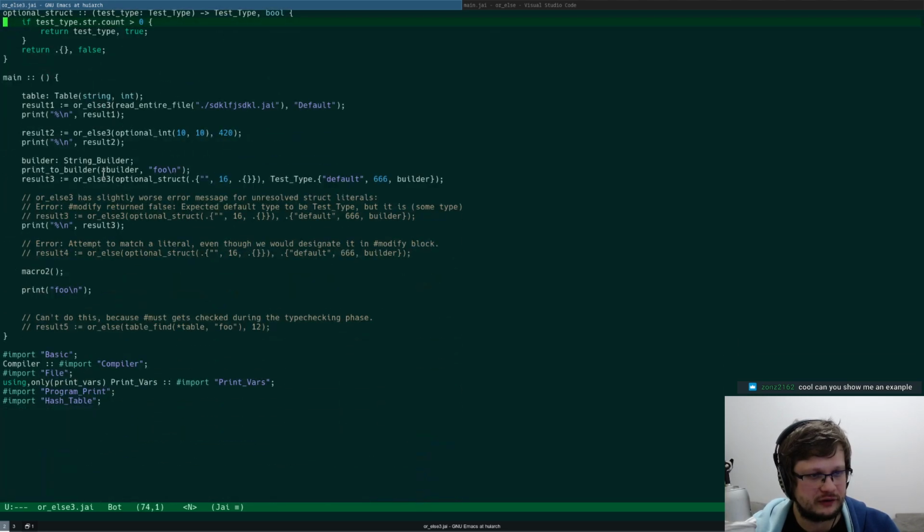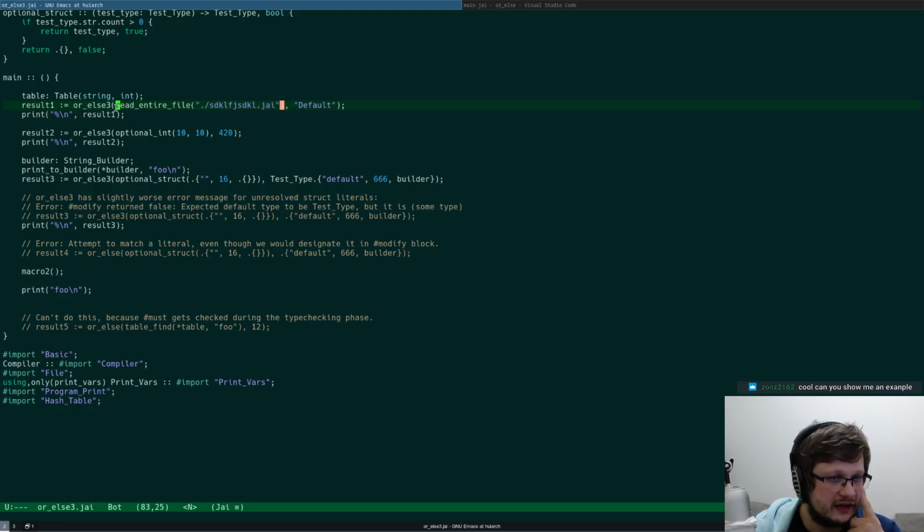returning the default value. And at the usage side, we wrap our target call. Read entire file is the procedure that reads an entire file. It returns two results: the content of the file and whether we were able to successfully read it.